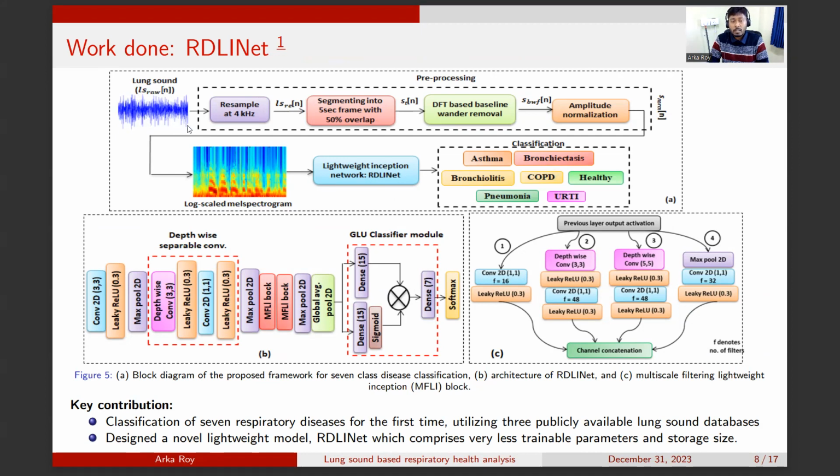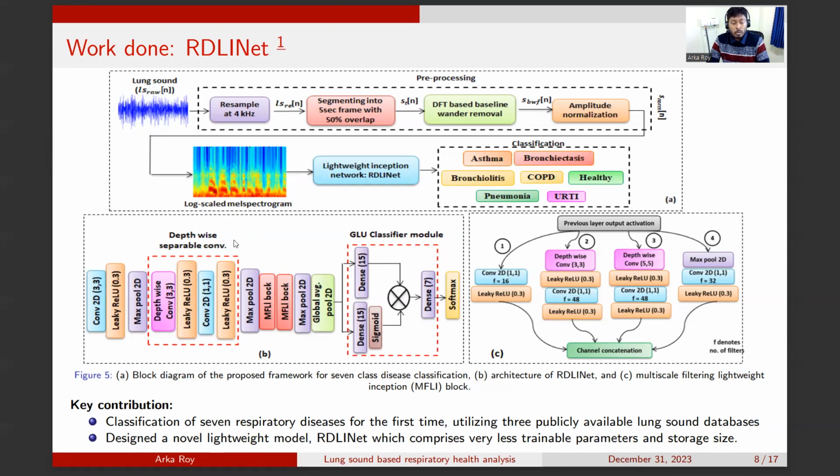pre-processing the lung sound signal. First, we resample the signal at 4 kilohertz. Followed by that, we have segmented all the signals into 5-second frames with a 50% overlap with the next adjacent window. Followed by that, we have removed the baseline wander noise using a DFT-based filtering method. Then we have done amplitude normalization to normalize the signal's amplitude in the range of -1 to +1. After that, we have extracted the time frequency representation, such as log scale Mel spectrogram, and fed it to our proposed RDLI-net block to get it classified into 7 different